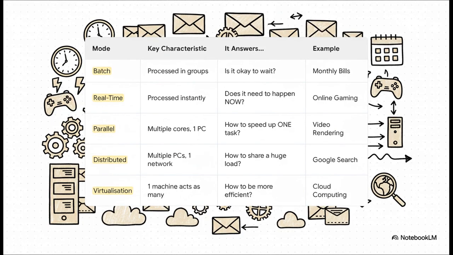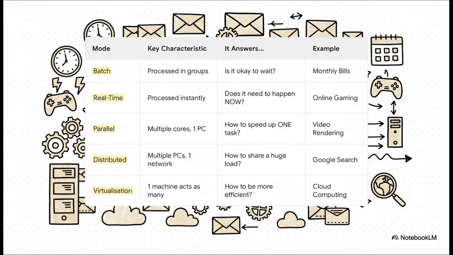All right, this slide, this is your golden ticket for revision, your ultimate cheat sheet. For every single mode, you just need to nail 3 things. What's its main characteristic? What's the core question it's trying to answer? And, of course, a classic example. Think about it. Is it okay to wait? Boom, that's batch. Does it have to happen right now? That's real time. How do we make this one single task faster? Hello, parallel. See, using this kind of framework makes you think comparatively, and that is exactly what the exam is